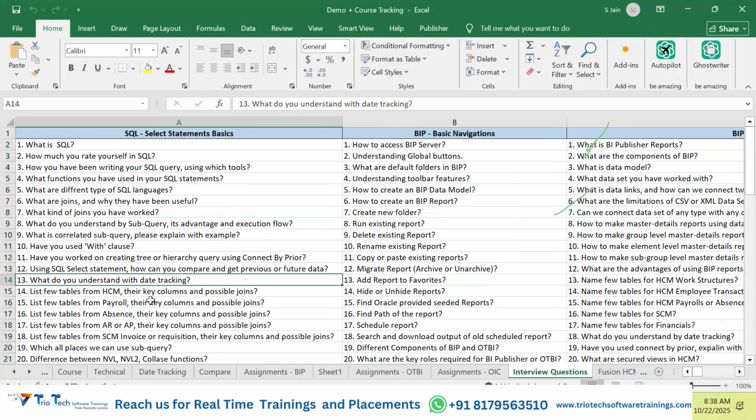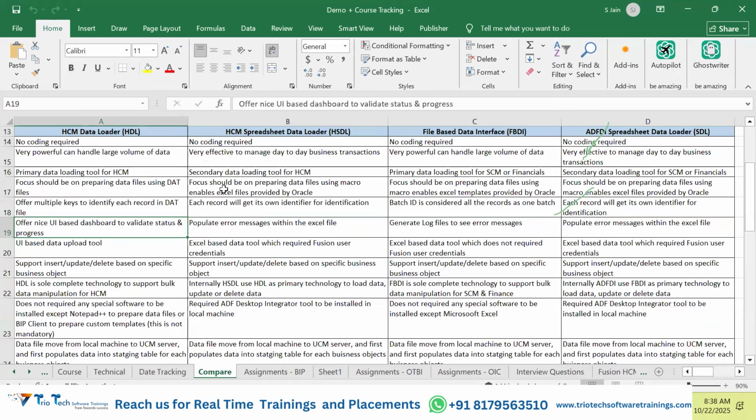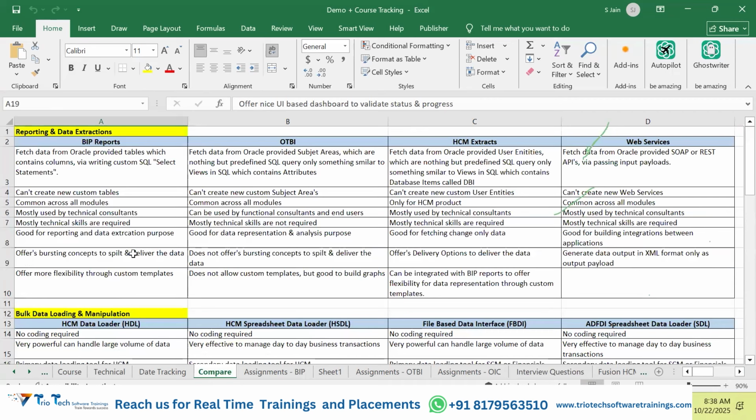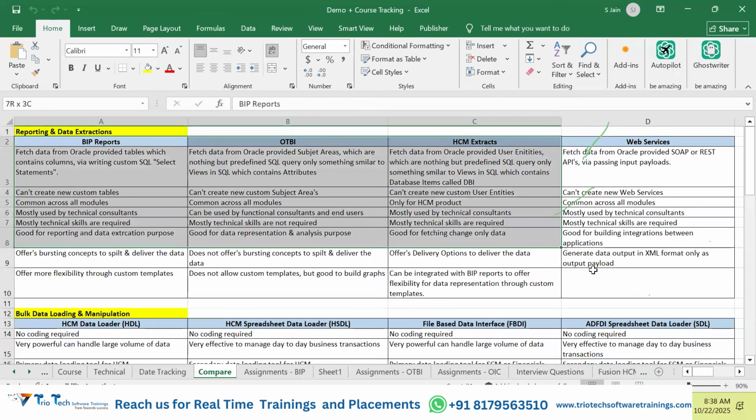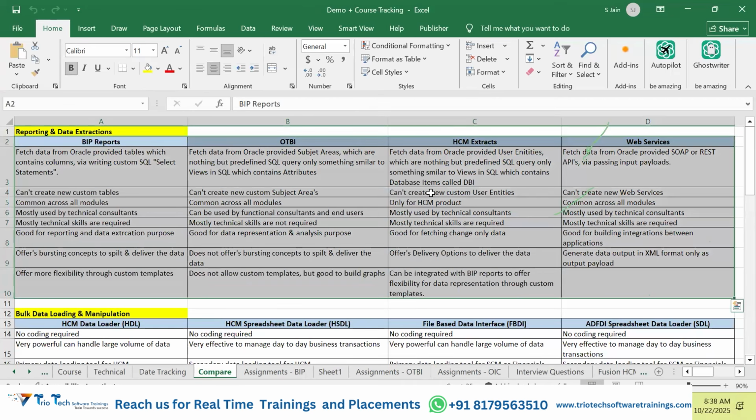Okay, guys, there are different tools provided for the same work. Like to build a report, there are two or three different technologies provided. So our role is not just to learn the tool and build the report to extract the data. Once you are facing the customer, once you join the company as a consultant, your job role is to understand